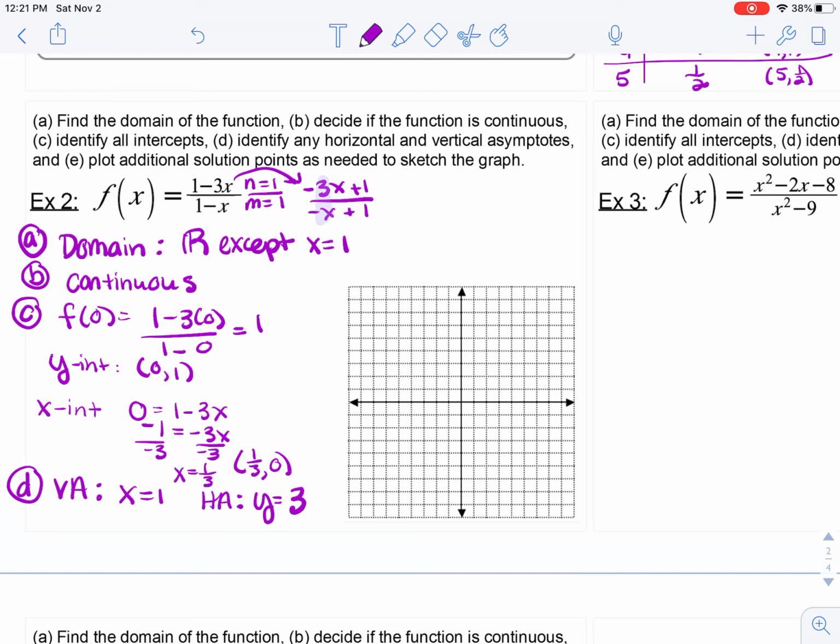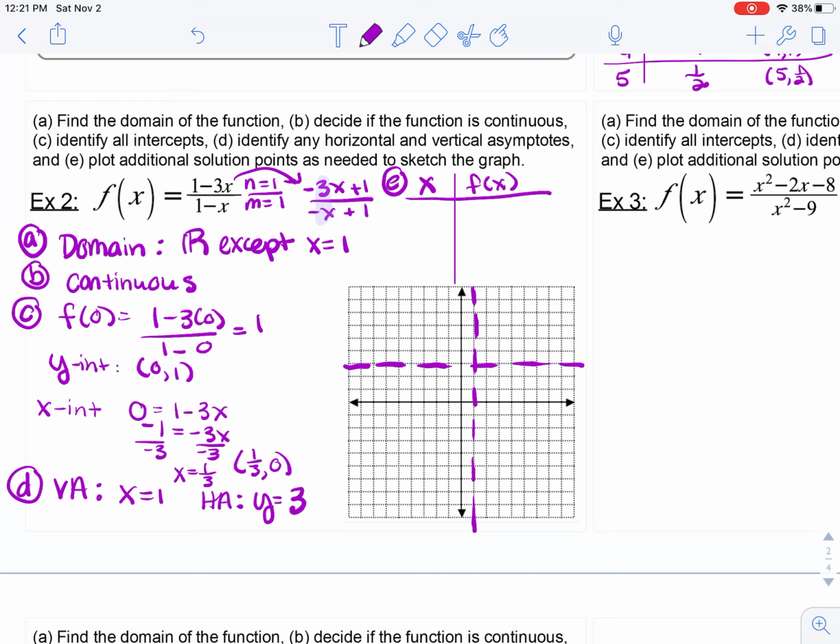So let's start plotting the vertical asymptote. It was at x equals 1. And then y equals 3. All right, so now we have to plot some points to the left and to the right of the vertical asymptote. So if I make a table for part E here, for x and for y, or f(x),